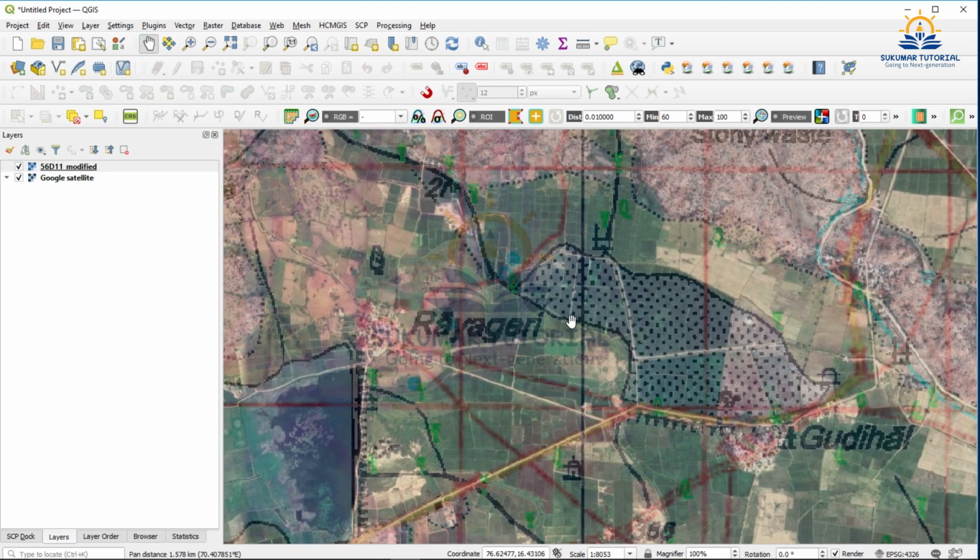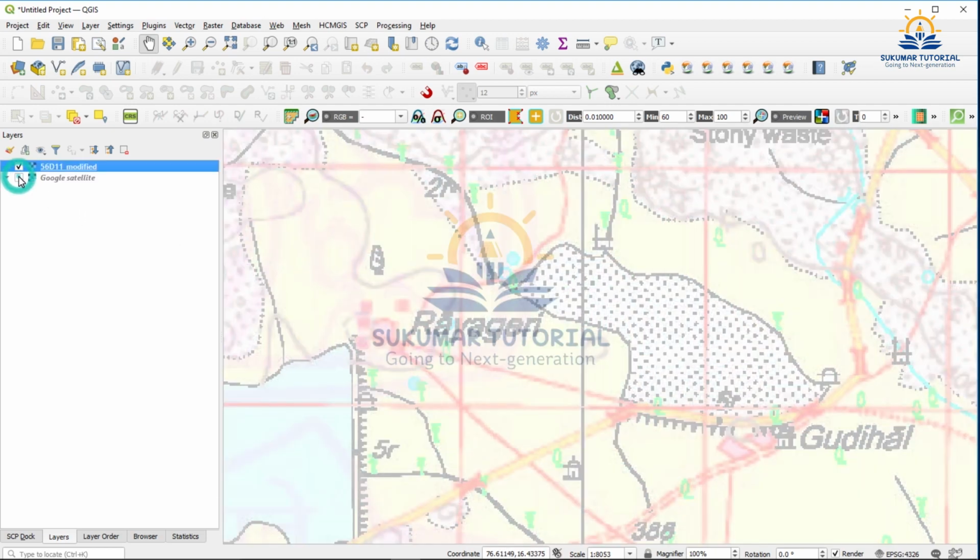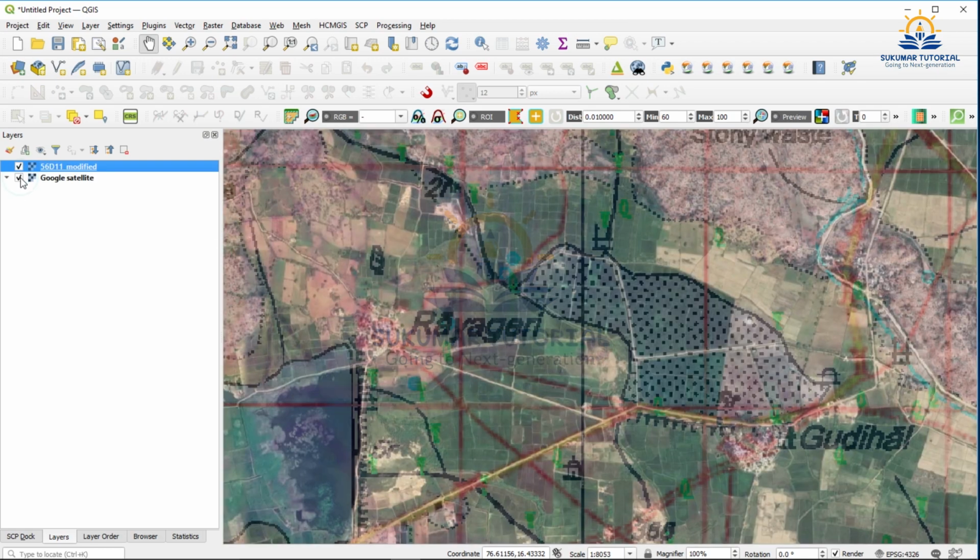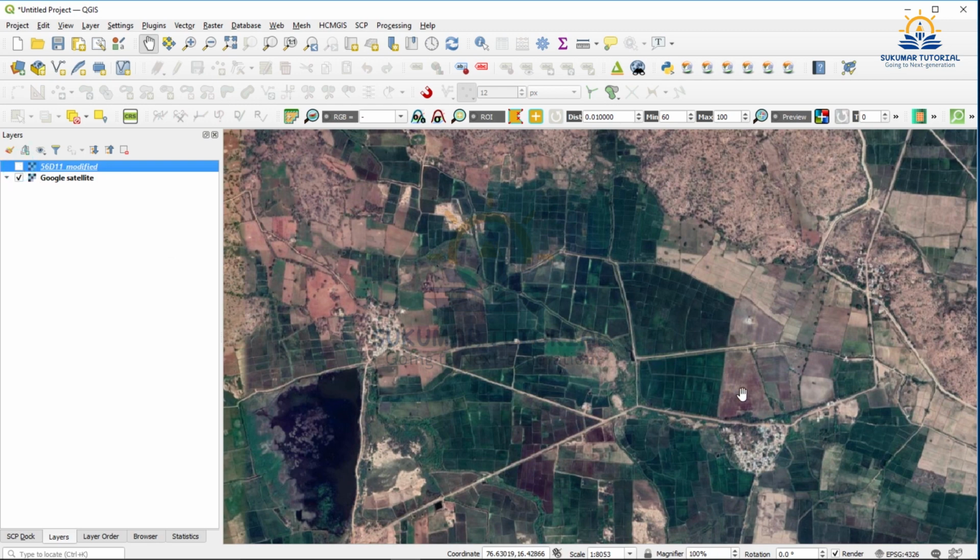Same way, there is a non-perennial dry tank opposite to this reservoir. When I switch off the Google map, you can see this tank very clearly. Now I am showing the Google map in the background and switching off the topo sheet. See, there is no tank at all. The whole tank has been reclaimed and used for agricultural purposes.